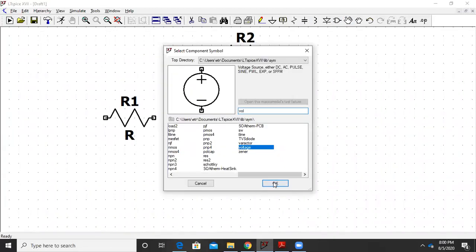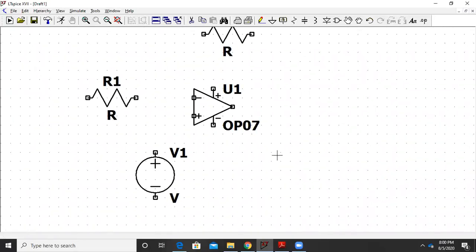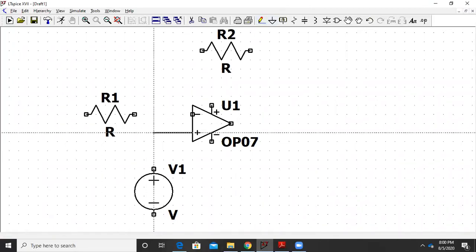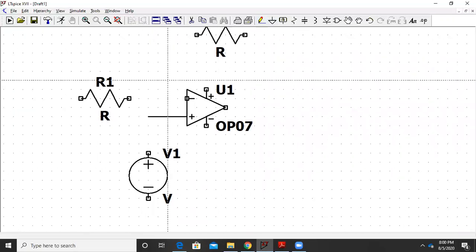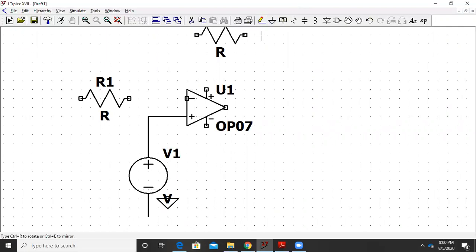So I will select this voltage source. So for the non-inverting amplifier, the voltage source will go to the non-inverting terminal. So these are my connections. Okay, and this has to be grounded.